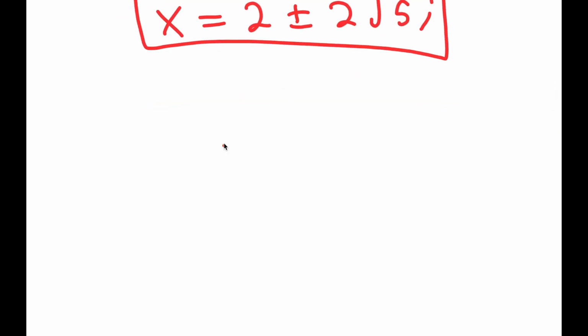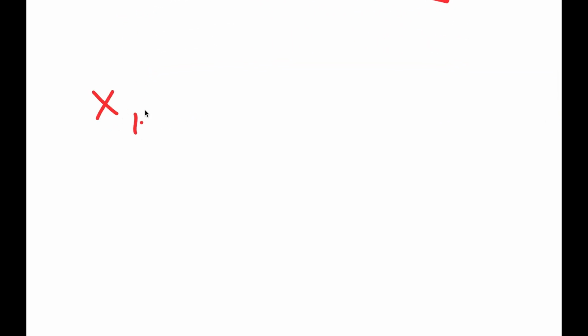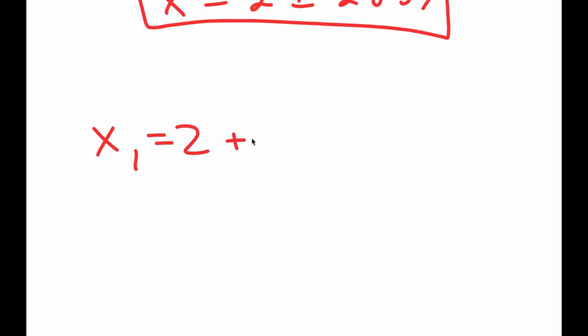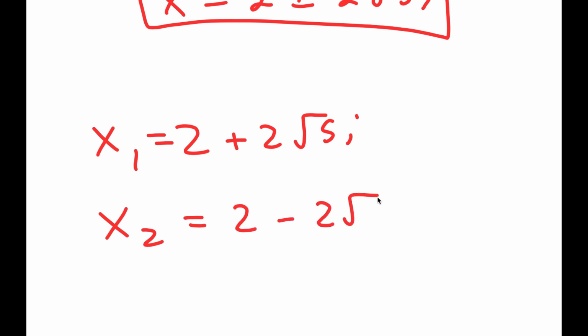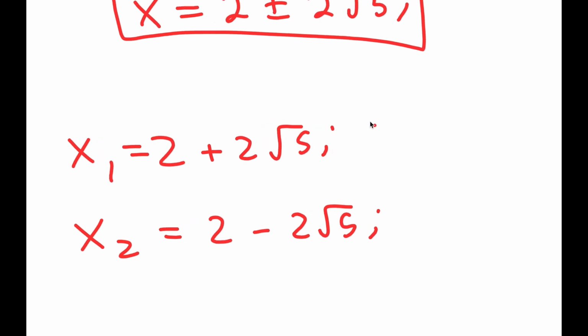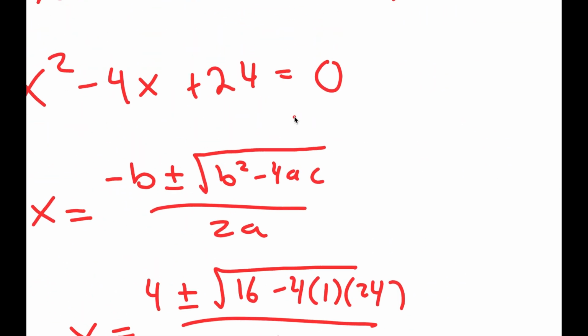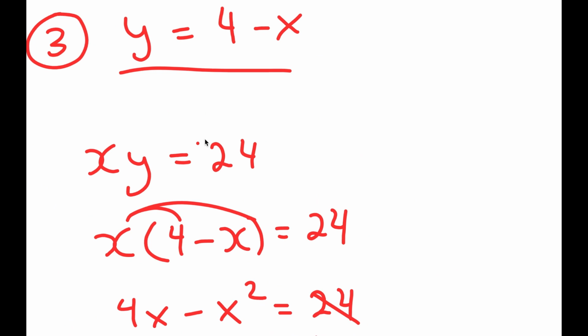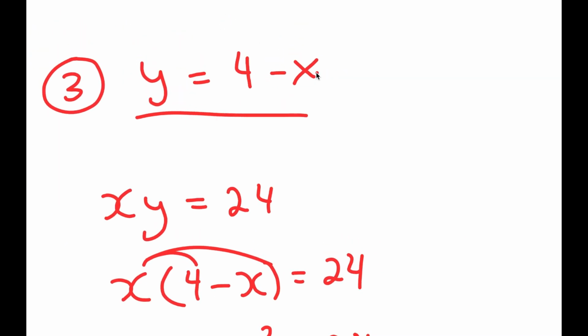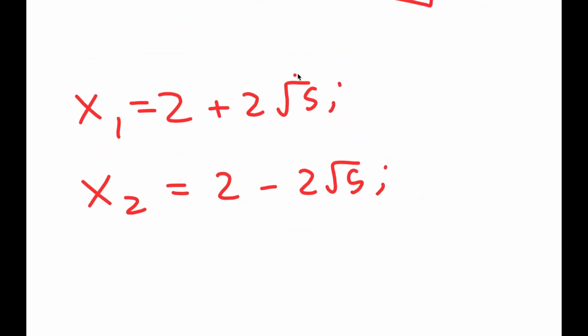So this means that I have two solutions for x. I have x is equal to 2 plus 2 root 5i, and x is equal to 2 minus 2 root 5i. And for each of these solutions of x, I need a solution of y, because remember, we're not just solving for x, we're solving for these solutions of x and y. So recall how y is equal to 4 minus x, meaning